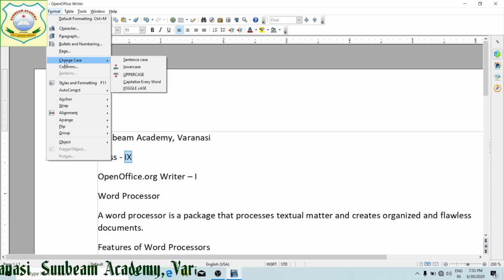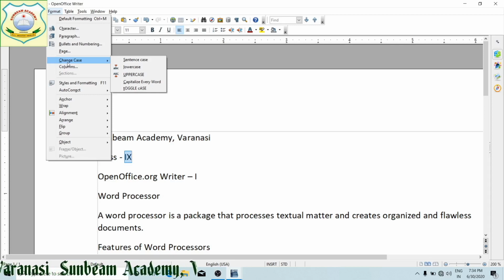Sentence case actually, as we used to write the sentence, means the first letter and at last we are getting dot, means first letter of the sentence will be in capital, rest will be in small letters. Capitalize every word means first letter of each word will be capital. Toggle case, it does capital letters to small and small letters to capital. This is your toggle case.